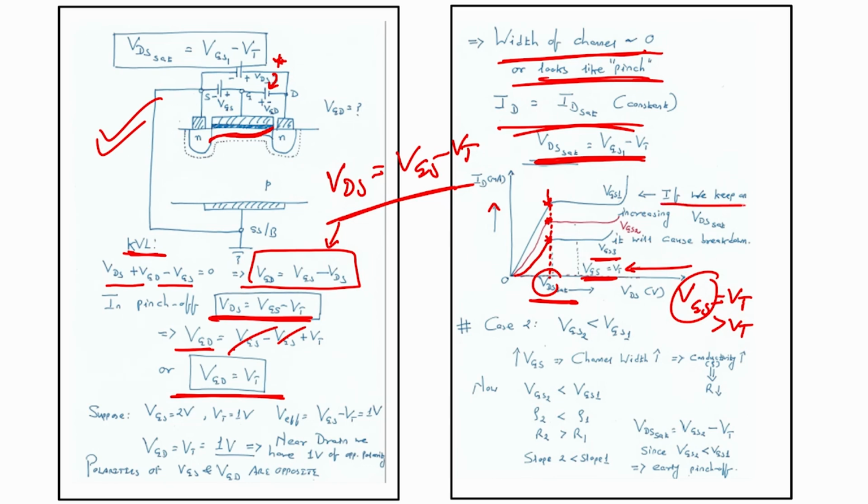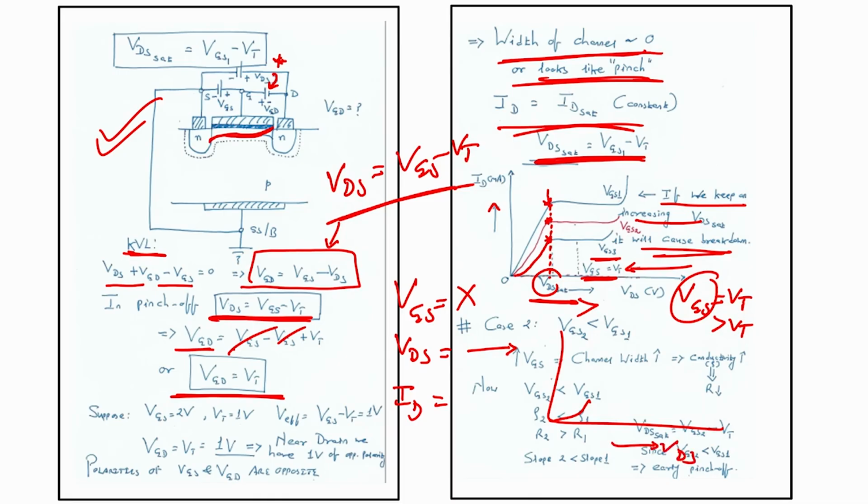Right. So, if I keep on increasing this VDsat, it will cause a breakdown for a particular value of VGS. Let us say VGS is some constant x, we have VDS, we have ID. If I keep on increasing VDS, what I will see is the change in the current depending on the gate voltage, and then it will keep saturating. It will reach here. Still I keep on increasing VDS,